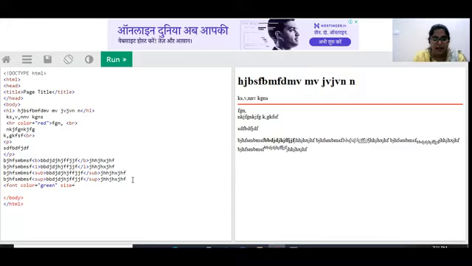Here I'm mentioning the size 4, and I'm mentioning some face, Arial I'm mentioning, and from here whatever content I am going to type will be rendered with the help of these three attributes.